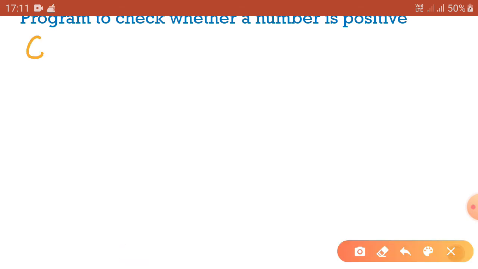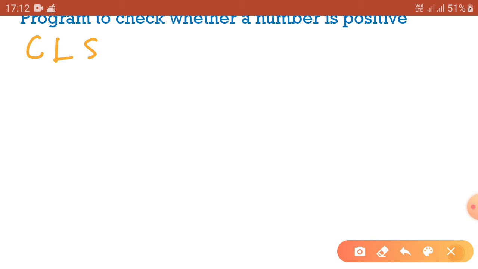Then we have to take the number from the user, so we can use LET or INPUT statement. But here we will not use the LET statement, we will use INPUT statement, because we will take the input from the user at runtime, on the black screen.